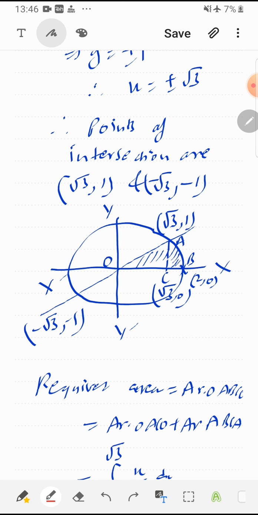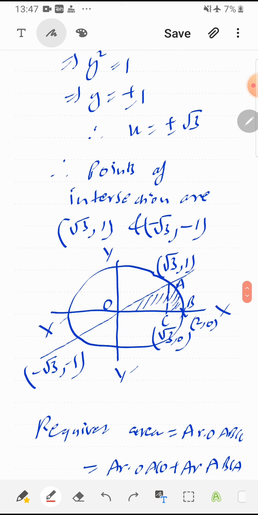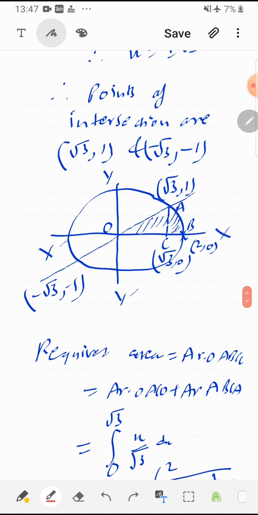And remember, always relate your common sense with your theory. Theory says these are point of intersection. Common sense says it's a line which is passing through origin, and as it is y is equal to mx form and m is positive, so it will pass through first and third quadrant, not second and fourth quadrant, which are confirmed by our point of intersection also. After that, now clearly I'll make the foot of perpendicular of point A, which is actually root 3 comma 0. This will divide the required area into two portions, one under line and one under circle.